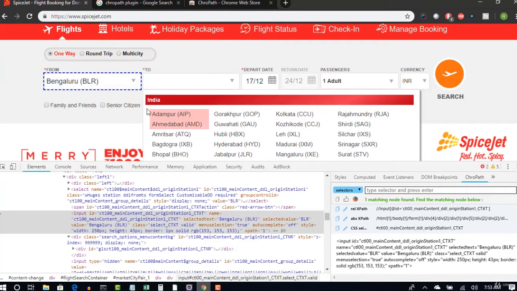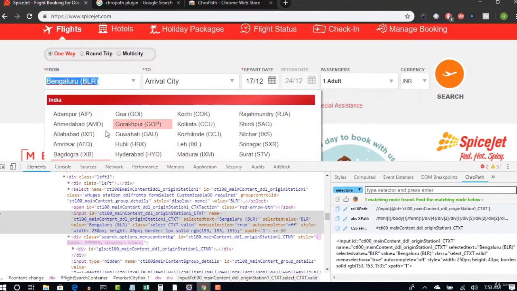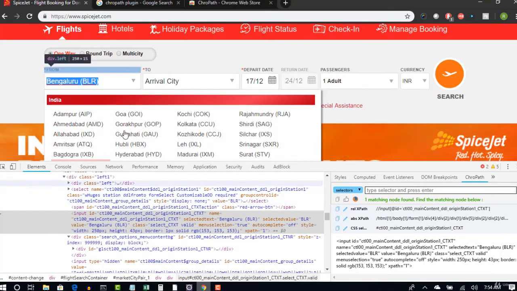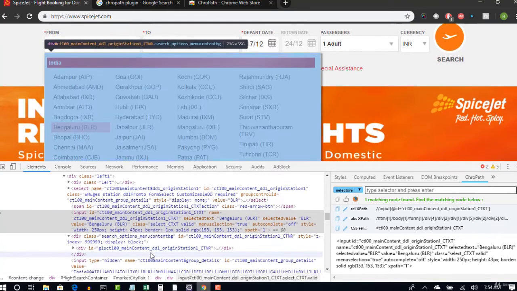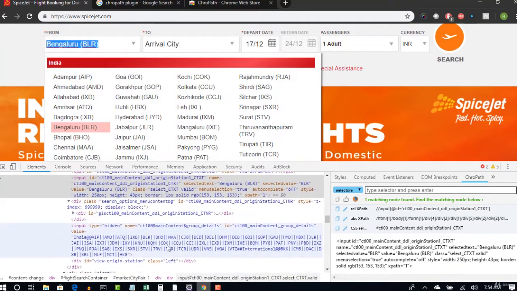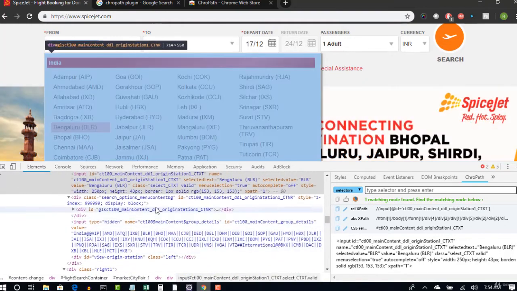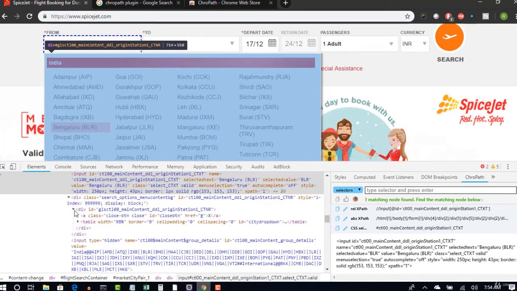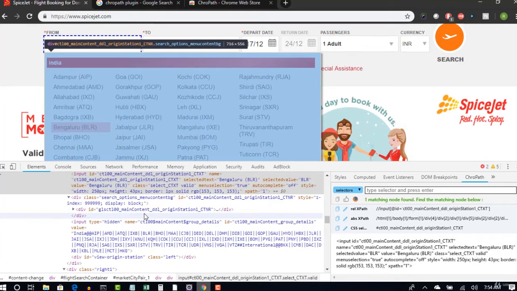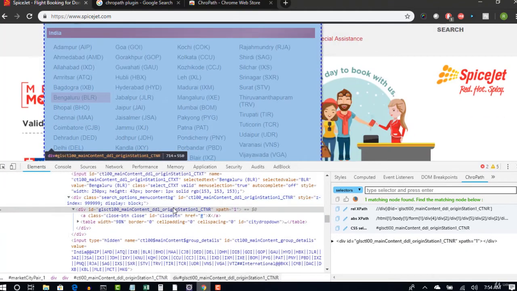So this is a parent for this from drop down. No, not this. It should highlight the entire window. Where is that? Oh, this one. You see that? The complete window is getting highlighted. So let's consider this as a parent to select all the options.